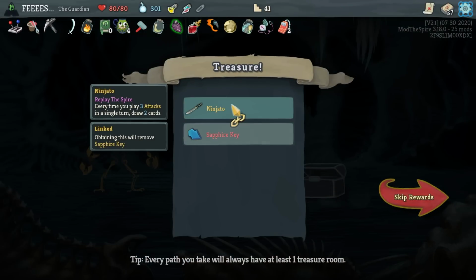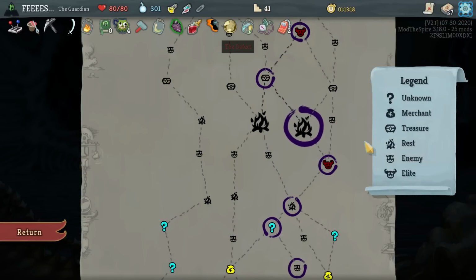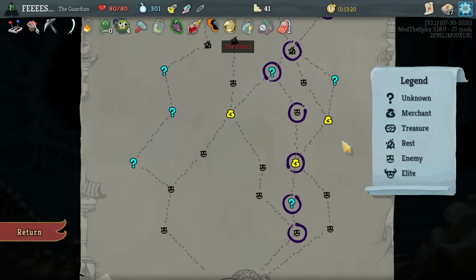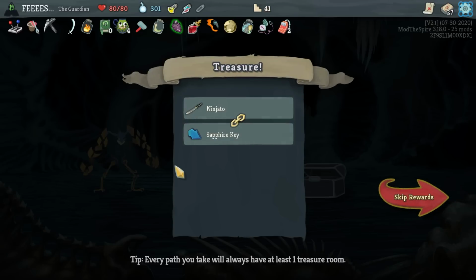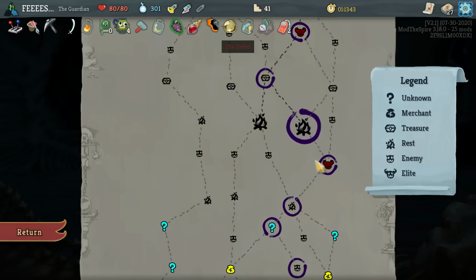Every time you play 3 attacks in a single turn, draw 2 cards. Ah, it's really good. But the question is, do we want to fight Meow? Because Ninjato would be amazing, but we wouldn't be able to fight Meow. Otherwise, this way, if I go Sapphire Key, we can fight Meow. Let's go for the Sapphire Key. Ninjato would be amazing, but...